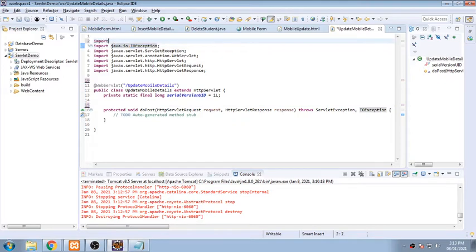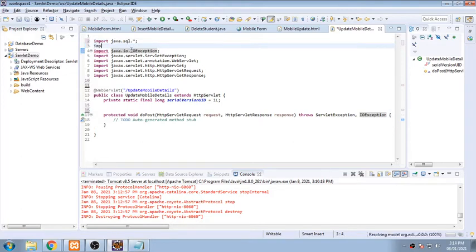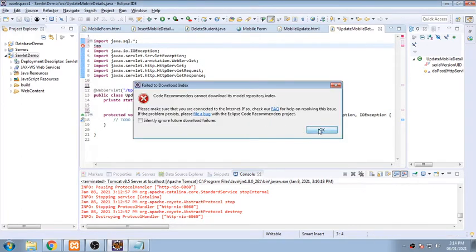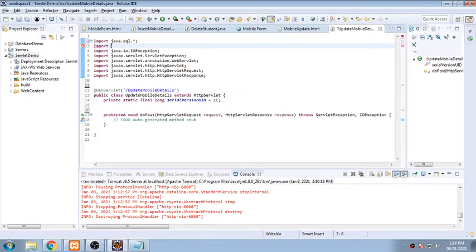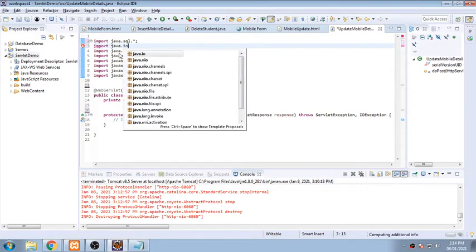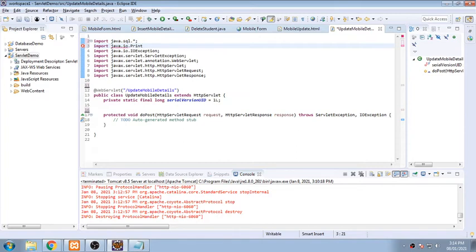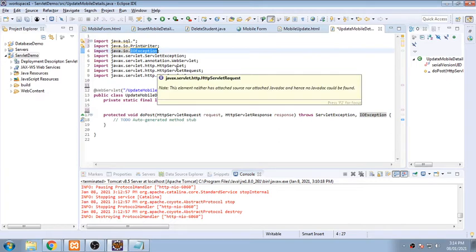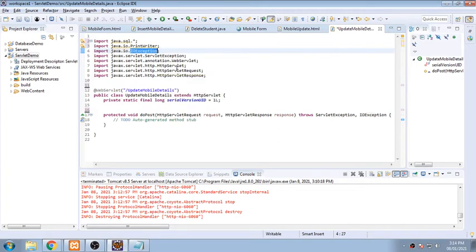So I'm importing java.sql.*. So this is a package, and one more thing is that I need to import PrintWriter. So you can use it directly like this also, import java.io.PrintWriter, or in place of IOException, you can put a star also. So the choice is yours. Okay, so we want two things from the IO package. One is PrintWriter and one is IOException, and this is one thing we need to add over there.